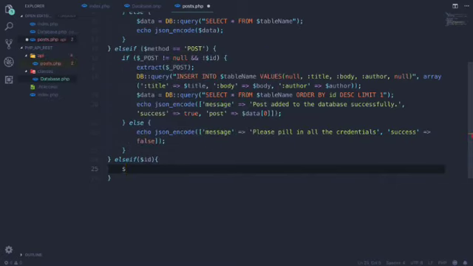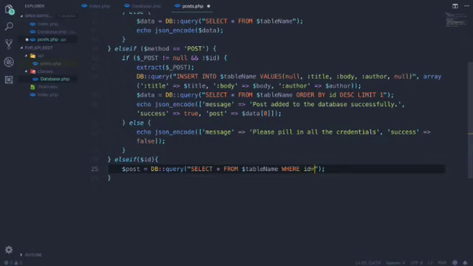So simply for that, I will write $post equal to the db query function, in which we'll be passing the ID, select all from, and we have access to $table name, with where clause,